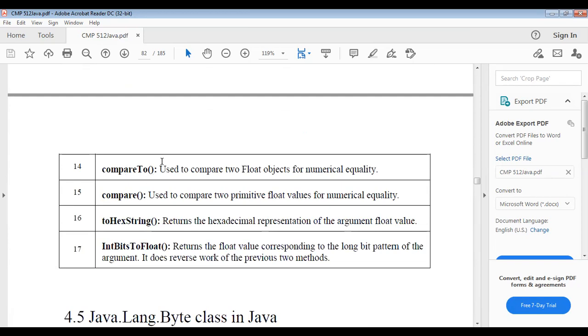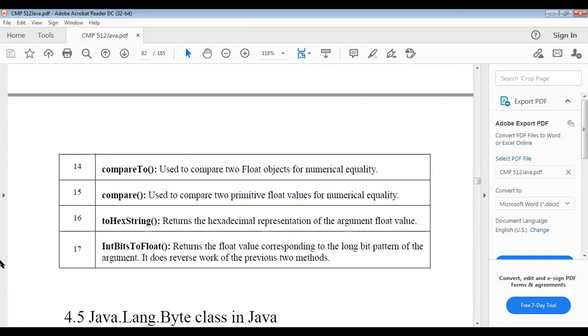CompareTo is used to compare two floating objects for numerical equality. Compare is used for primitive floating values, so there is a difference between compareTo and compare.